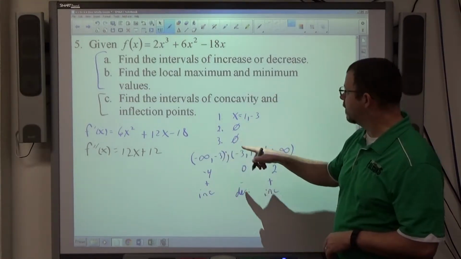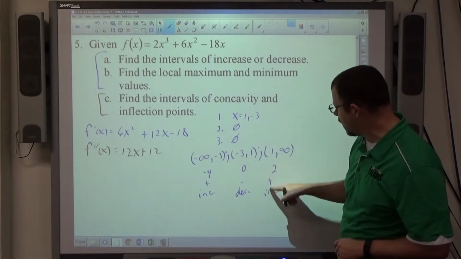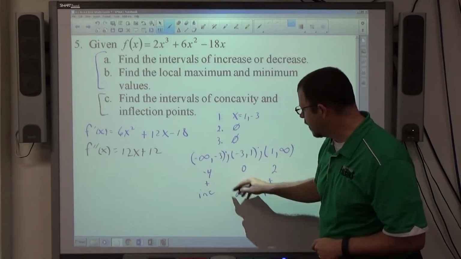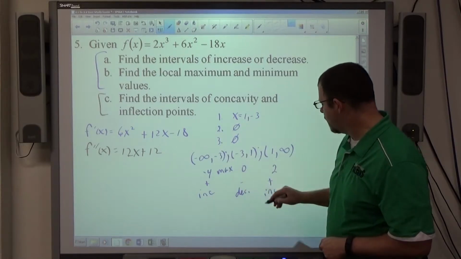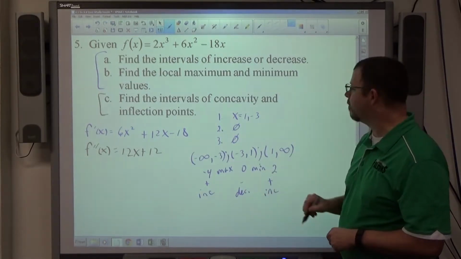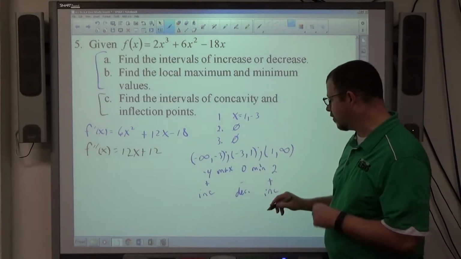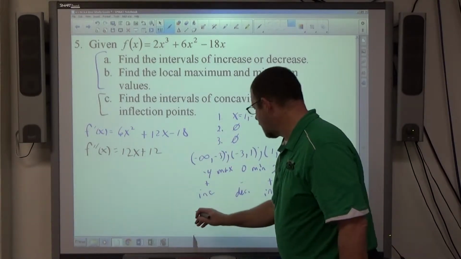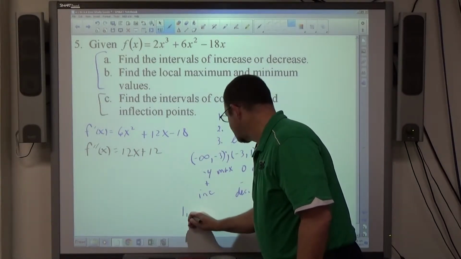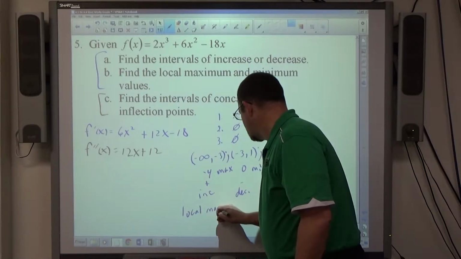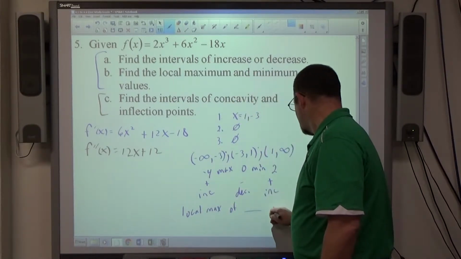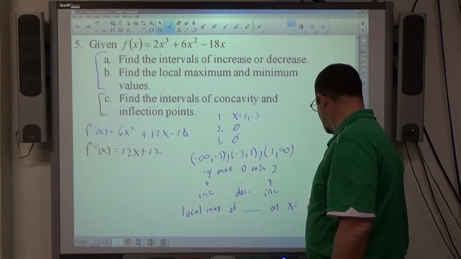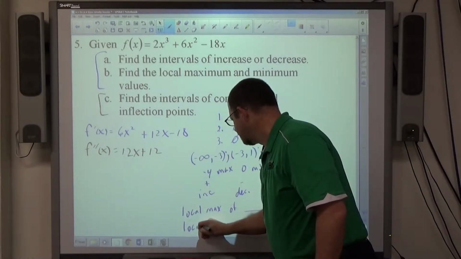So there's part A, intervals of increase, decrease. Increasing on these, decreasing on that. Increase, decrease hits a maximum. Decrease, increase hits a minimum. So for question B, find the local max and minimum values. We can say local max of something at x equals -3,